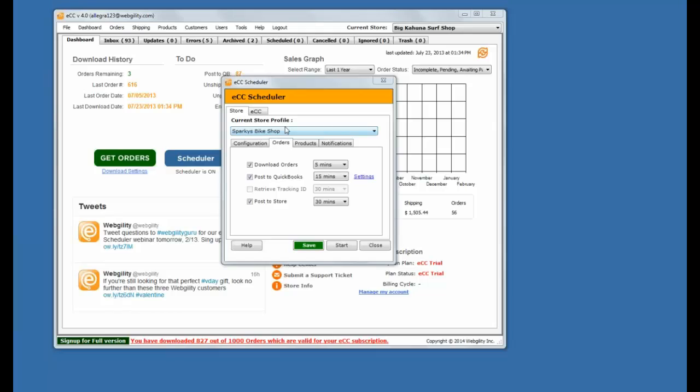Because the scheduler is automating, it's not doing it at a set time. It's starting from whenever you start the scheduler. So the only time where you find there's a set time of something is when it's backing up the database, and that's a secondary function, and I'll get to that in a moment. But there isn't a set timing, I believe, for saying, I want it to download orders at 3 o'clock Pacific time and post to QuickBooks at 3:15 Pacific time,